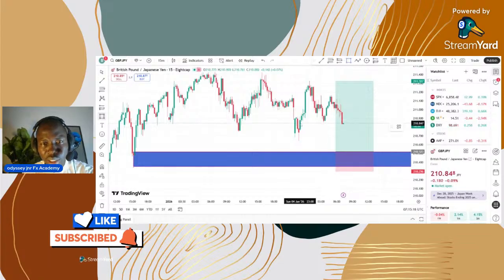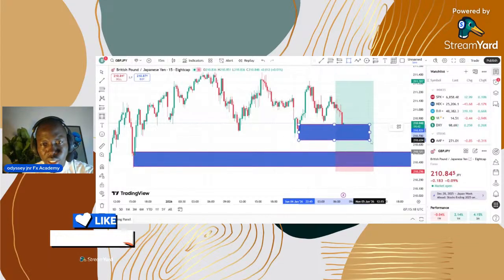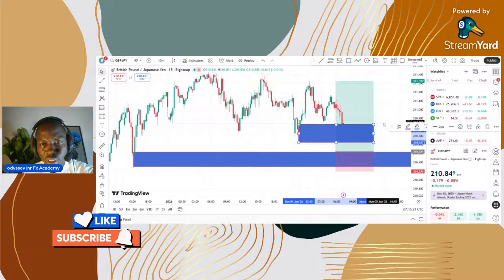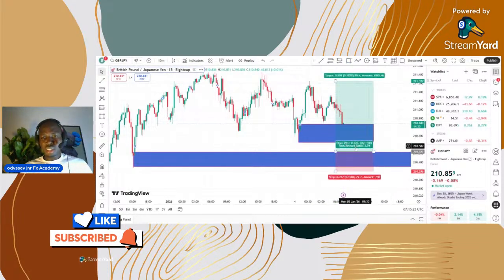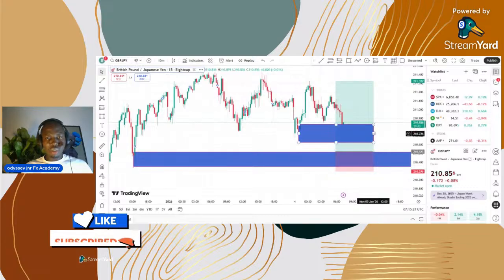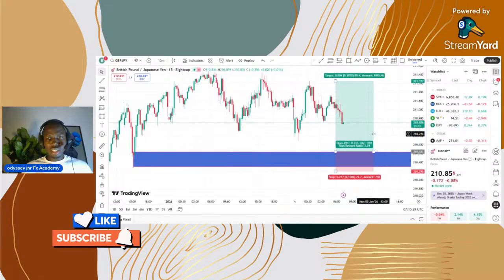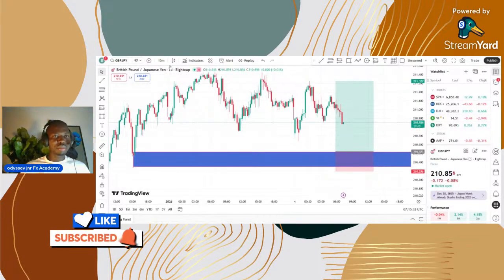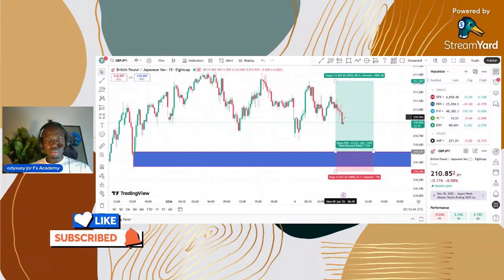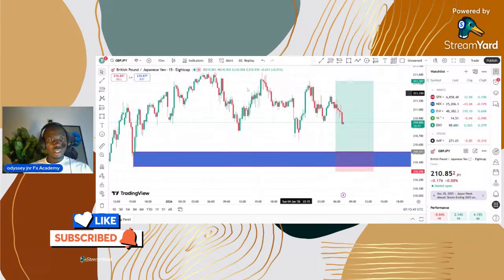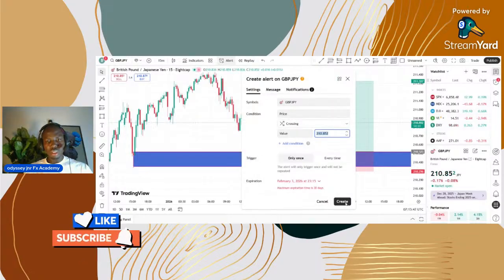Seems market is about to react to this other block, but we keep watching. And there's nothing that can make me take my entry there. I prefer doing it here. So as we wait for this, let me create